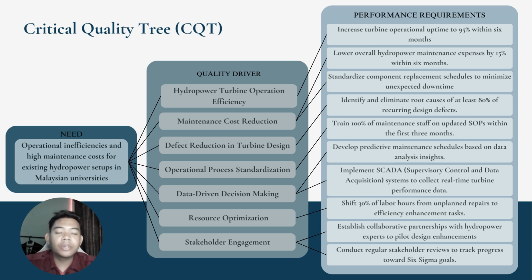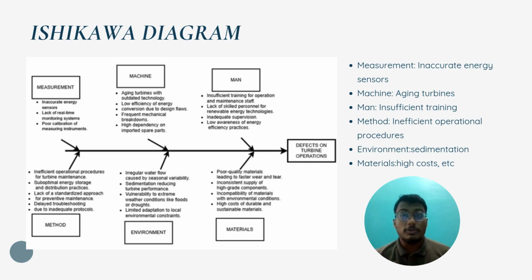It has 2 performance requirements. Establish collaborative partnership with hydropower experts to pilot design enhancement, and conduct regular stakeholder reviews to track progress towards Six Sigma goals. Next, talk about the Ishikawa diagram. The Ishikawa diagram is used to analyze the root causes of defects in turbine operation,